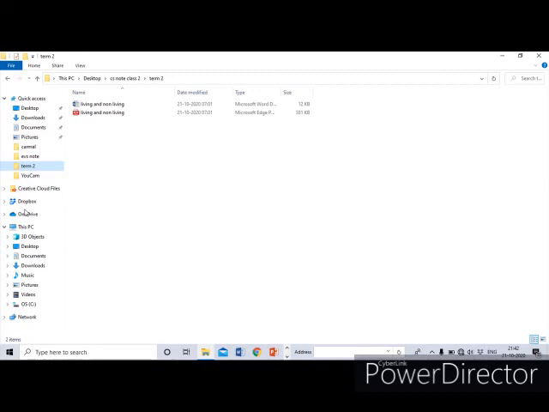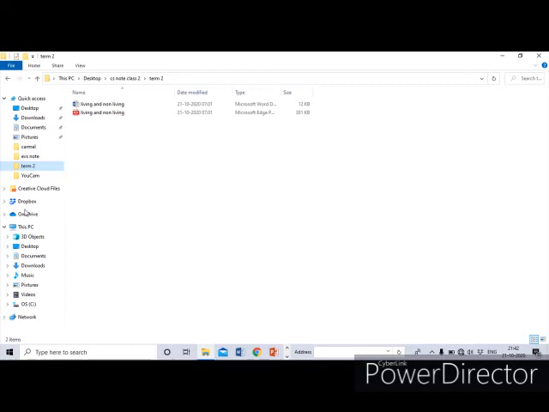Understand? So Windows Explorer is a program that helps us to create and manage files and folders. Clear? Now we are going to see how we can make a new folder. See, yellow color things are folders, and you can see some files.